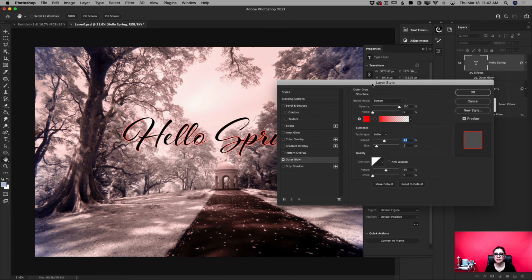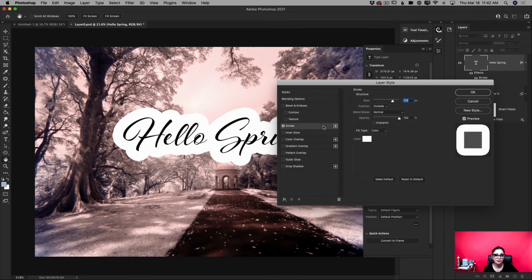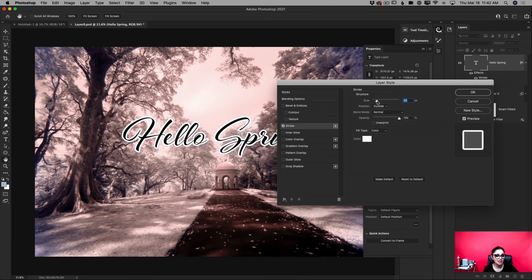And the best part, when you are working with the layer style panel, you can add multiple effects. You can apply the same effect multiple times. For example, I will disable outer glow. If I would like to add, for example, a stroke, I will specify it, and I will just specify enough size,